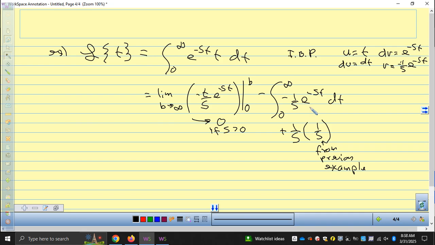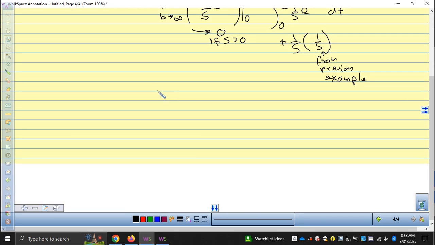We evaluated this integral in the previous one. So L of t is 1 over s squared